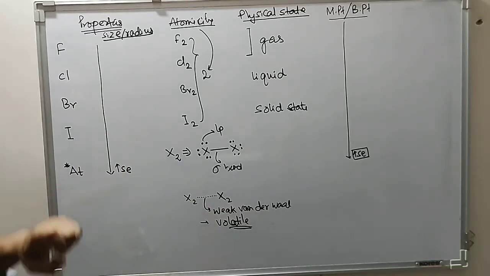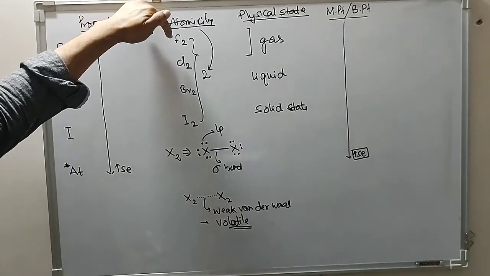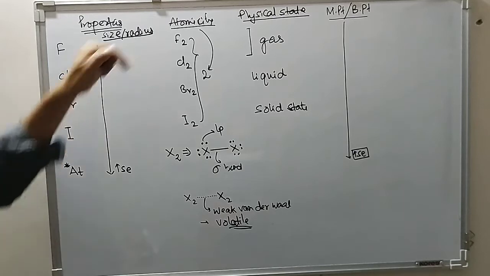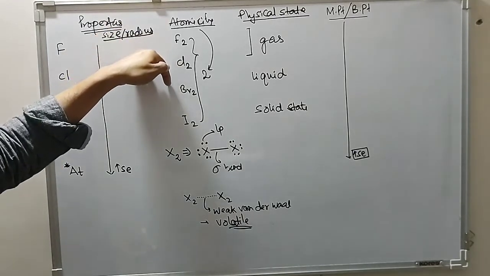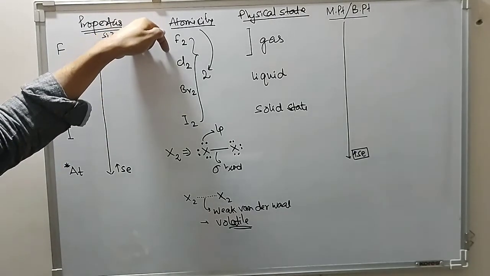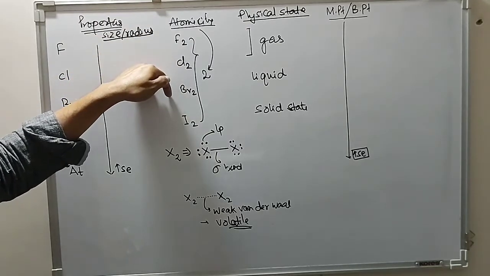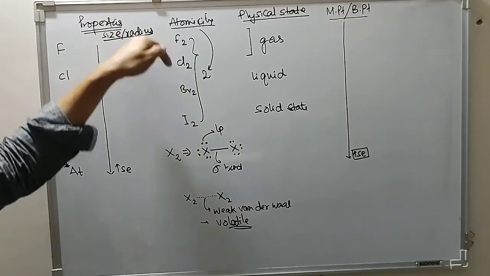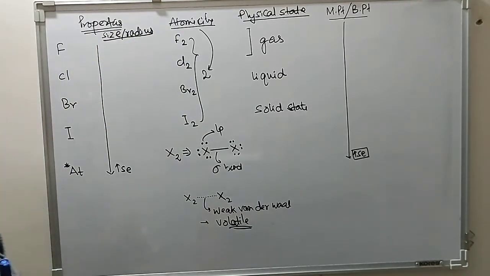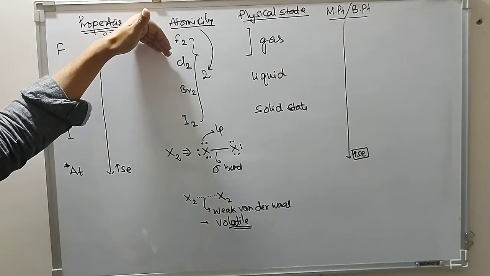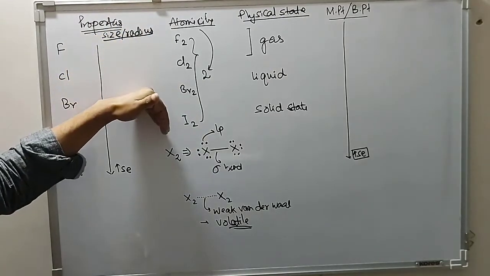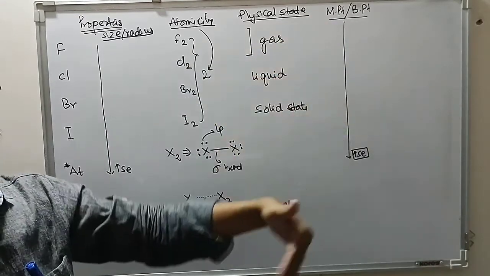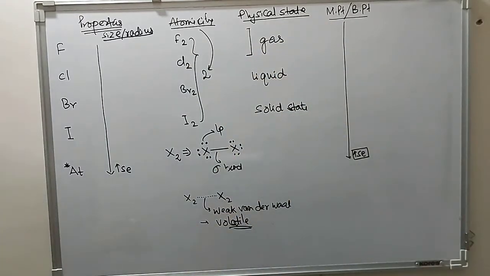Now look at this. Moving from fluorine to iodine, the size of molecule increases. As the size of molecule increases, the attractive force between the molecule also increases. As the attractive force between the molecule increases, the melting point or the boiling point increases. So simply saying,